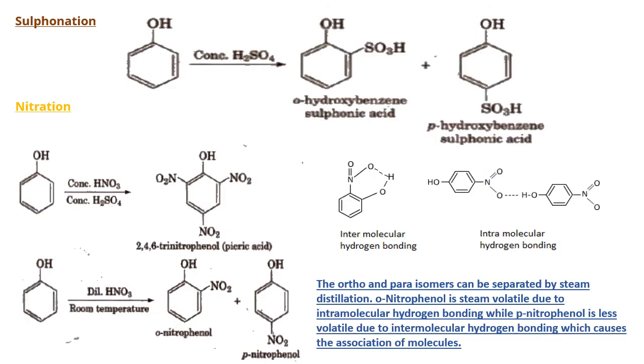Right. After the halogenation, we will go for sulfonation using conc H2SO4. Here also we get ortho and para isomers. Here also we could get a tri-substituted product, but we don't go that far. This is enough, because these hydroxybenzene sulfonic acids will find many applications. So whenever we want to stop a particular reaction, we have to maintain the reaction conditions so that accordingly we can stop and get the desired products.